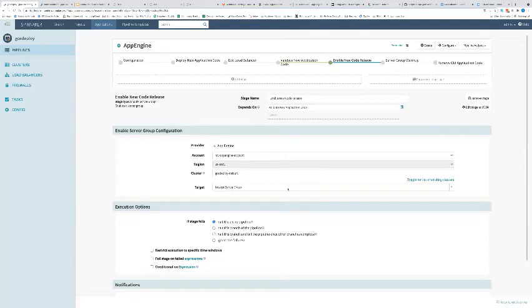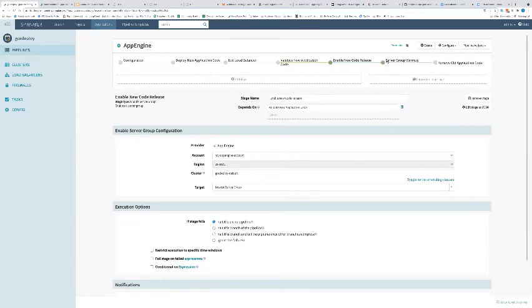So now this is actually going to take the primary position, right? I'm going to go from 5% of the traffic to 100% of the traffic, and that's how I'm going about doing that, is enabling this new code, as part of that App Engine piece. And again, this is all, guys, done without having to run a Kubernetes cluster. This is all done through this serverless technology from Google.